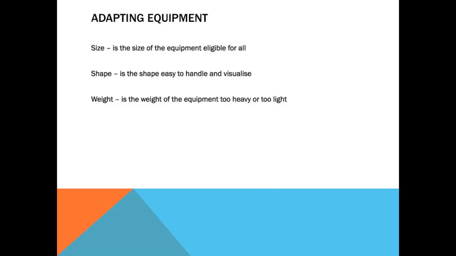Weight. Is the weight of the equipment too heavy or too light for the lesson ahead? This can be altered in order to make the session more attainable for all. For example, if some of the pupils are struggling to keep the ball up, then this can be changed by making the ball into a sponge ball, even a balloon. This allows for each member of the session to be able to achieve the intended outcome, therefore including all.